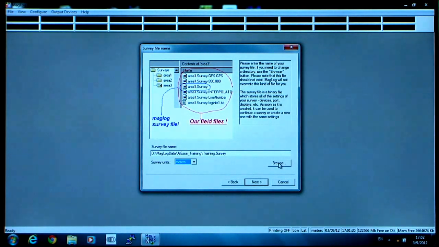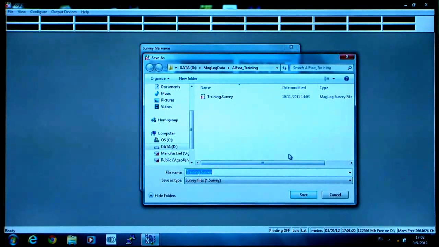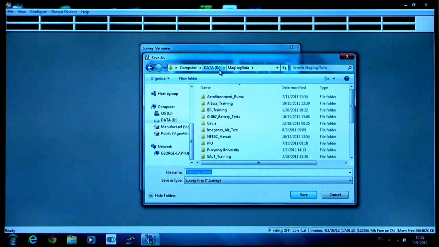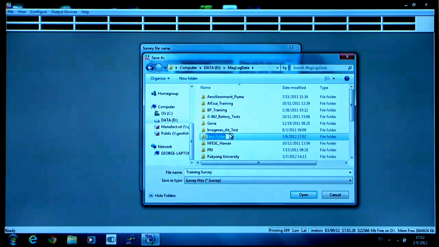It is recommended that you always use the Browse button to make a new survey, because the Browse button will let you choose a directory on your disk that would be appropriate for placing your data. Usually the best place to start is MagLog data, and then it is usually a very good idea to make a new folder for each survey area or each survey project. So we're going to make a new folder,